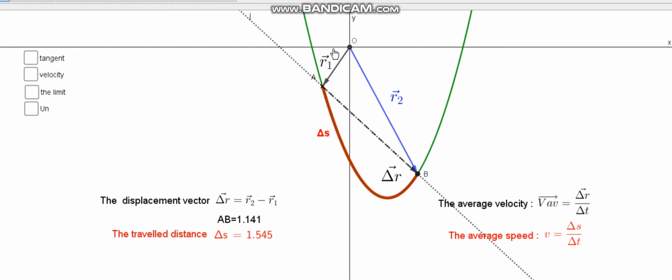In a fixed Cartesian coordinate system, the positions of A and B are identified by the position vectors OA equals R1 and OB equals R2. And the vector displacement delta R is R2 minus R1. Its length is AB,